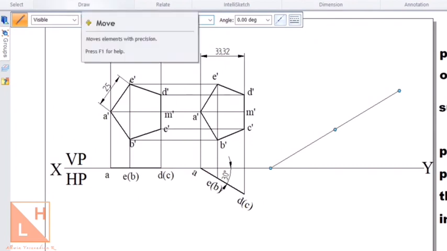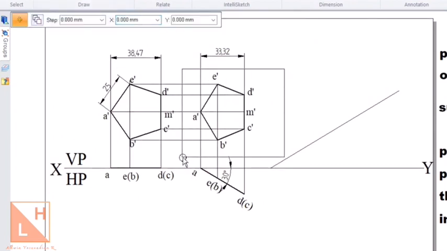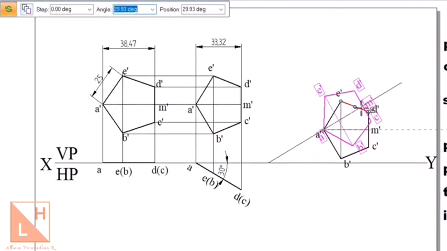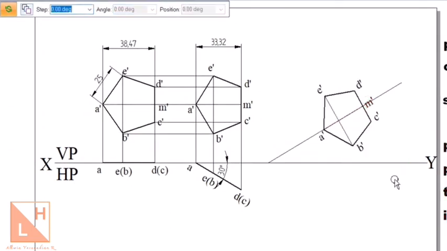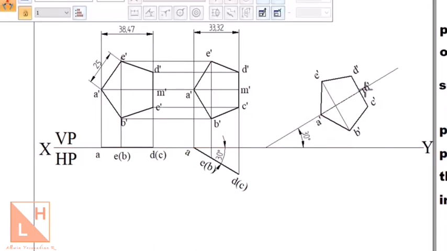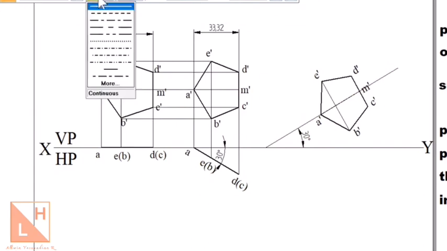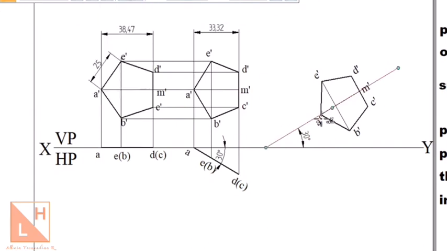Since it is angle HP, we need to draw it in VP, that is above the line. So you can copy this second position, place point A on the line first. So use the rotate command, select point A first until M dash and keep it on this 30 degree line. That makes the perpendicular bisector passing through the resting point, that is A dash M dash, at 30 degrees to the XY line. You can use projection lines and complete the problem in the final position.